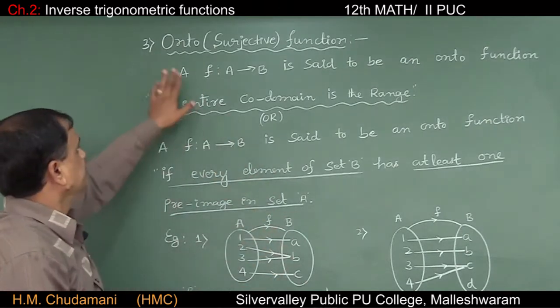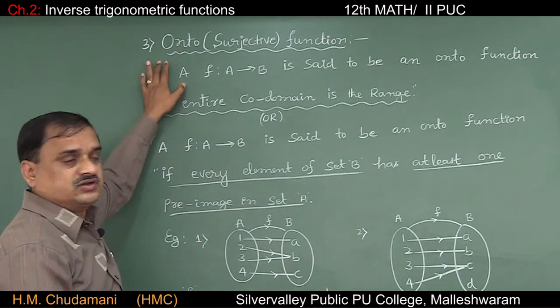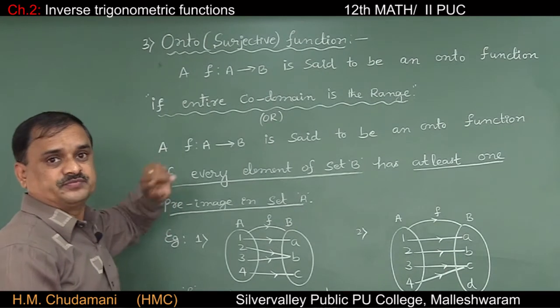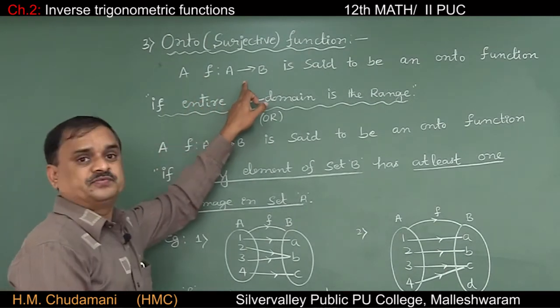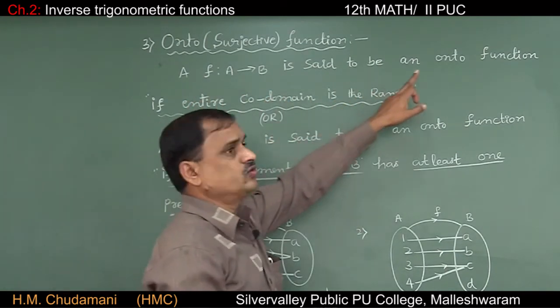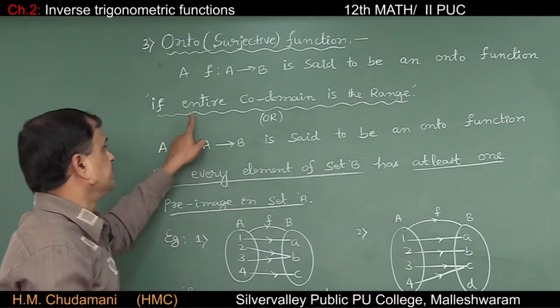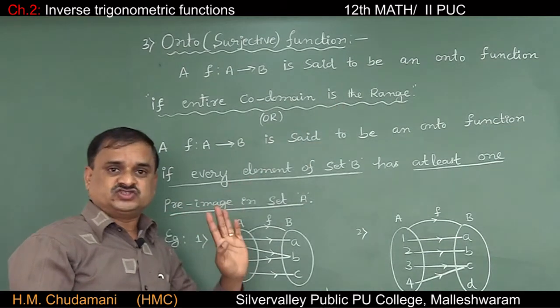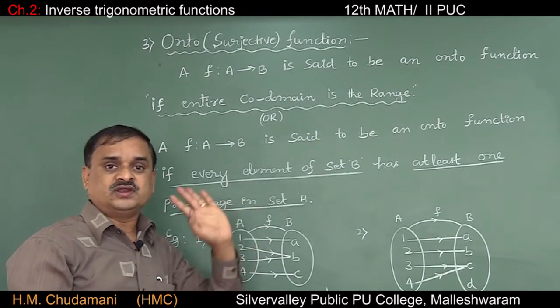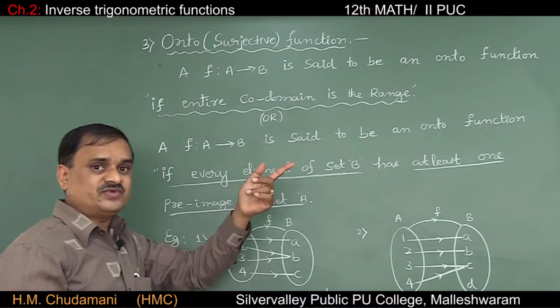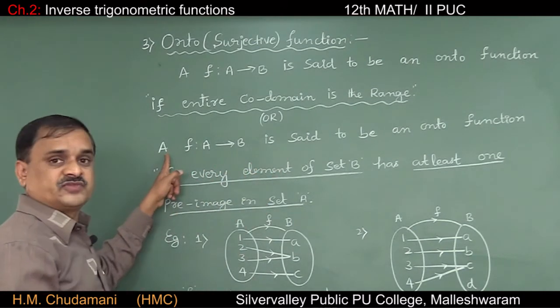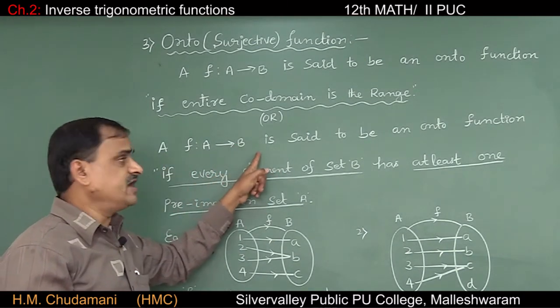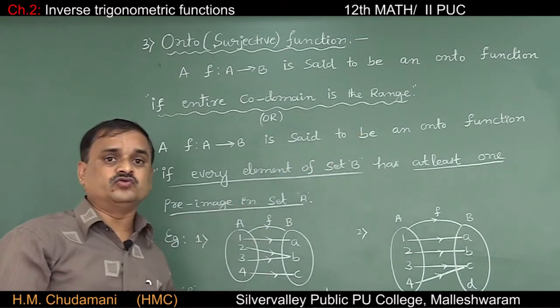Next, third one, onto function or surjective function. A function f from A to B is said to be onto function if the entire codomain is the range. The other way of defining onto function, a function f from A to B is said to be onto function